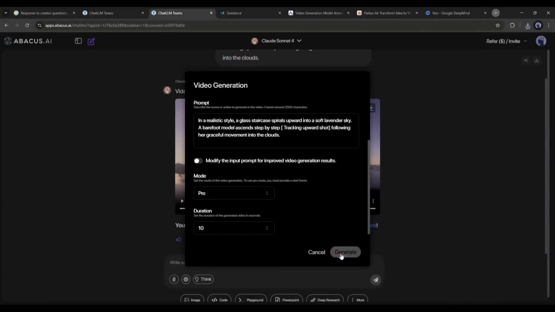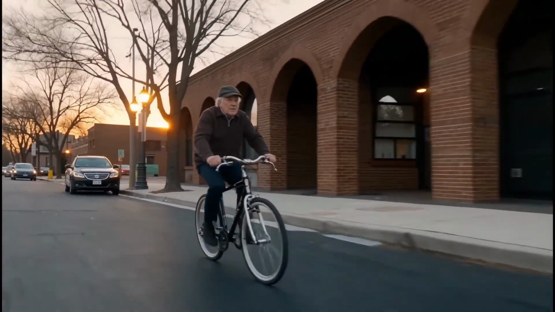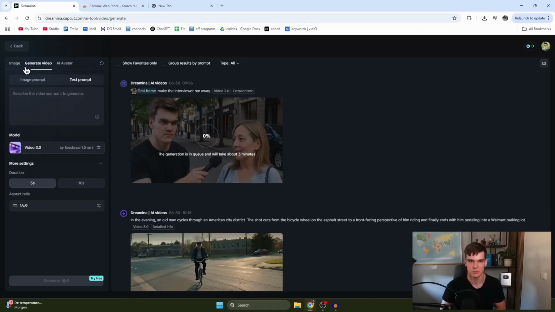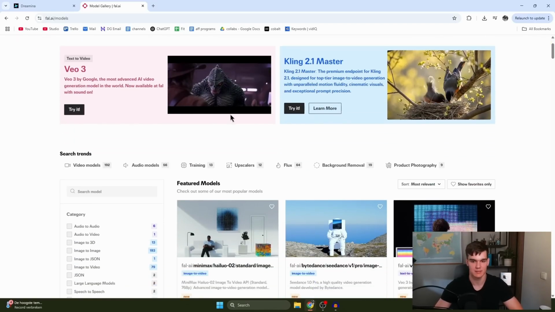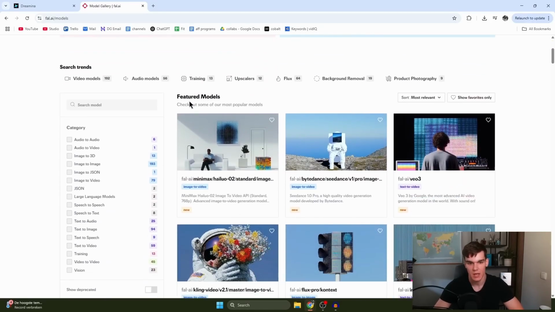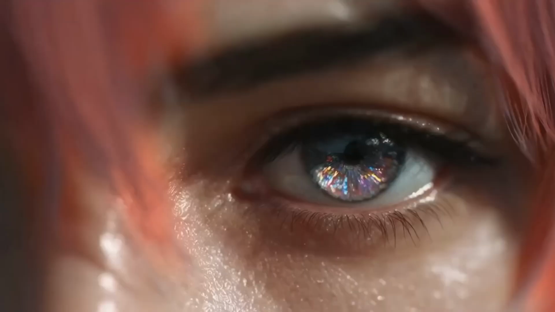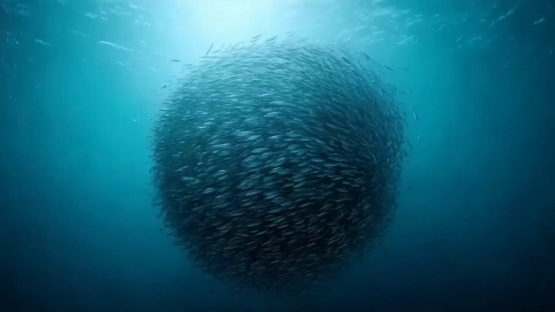about AI video generation. I'm talking about genuine cinematic control, multi-shot storytelling that actually makes sense, and quality that rivals traditional production workflows. So if you've been waiting for AI video to finally grow up and become a serious creative tool, this might be the moment we've all been waiting for. Let's be brutally honest about where AI video has been up until now. It's been frustrating as hell.